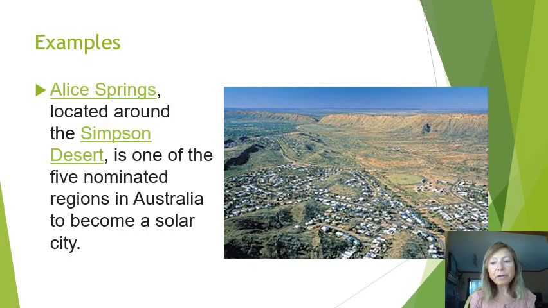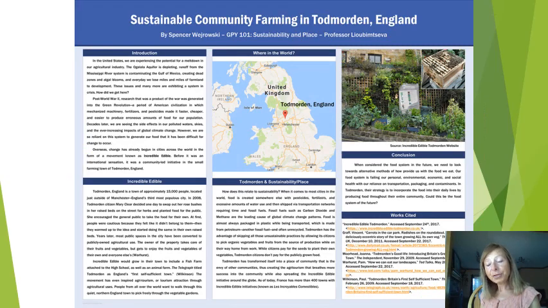So a number of possibilities is really unlimited. You will find some examples in the drawdown. You will find some examples that I posted for you on the Blackboard. Here is an example of Alice Spring, a solar city in Australia. And so by the end of the semester, you would develop a poster, you would upload it on the Blackboard, and the last week of the semester, we are having a virtual poster session visiting all each other's case studies. The guidelines, the template, and the Dropbox, they're all available on the Blackboard, and please let me know if you have any questions.